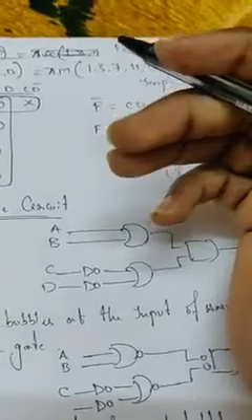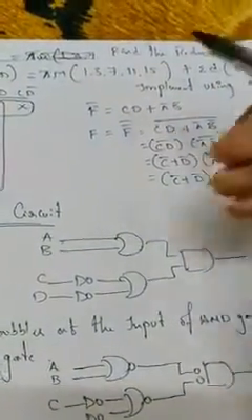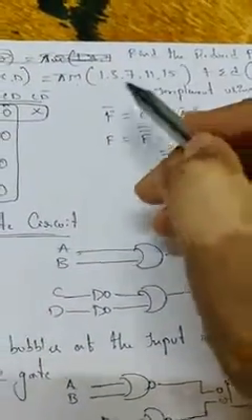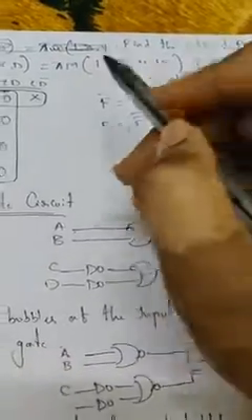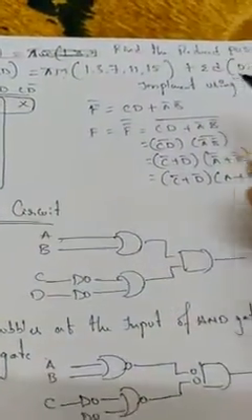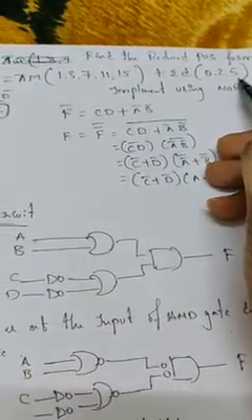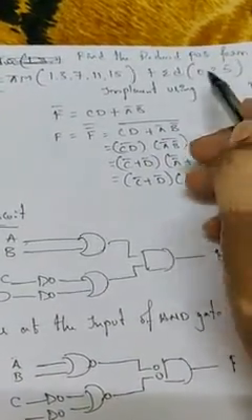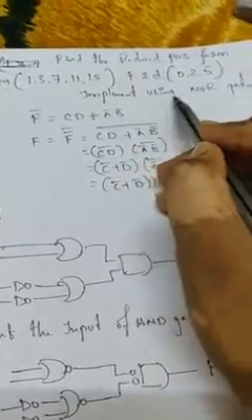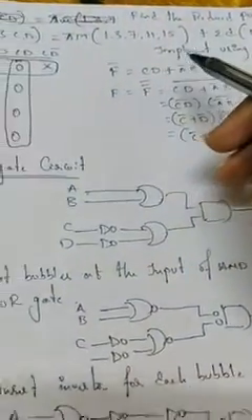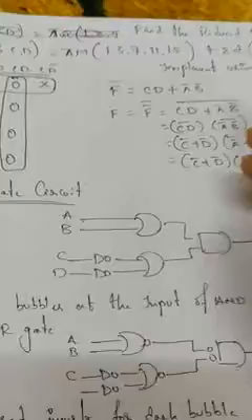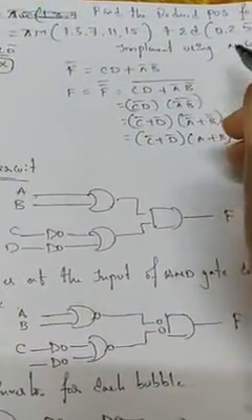So we should not bother about the SOP now, okay, because the given expression is in the form of POS and they have asked for the reduced POS itself. So we should not bother about the SOP. So we have less confusion now. And 0, 2, 5 are don't cares. And implement it using NOR gate. In the previous problem we implemented using NAND gate, but here they have asked to implement using NOR gate,